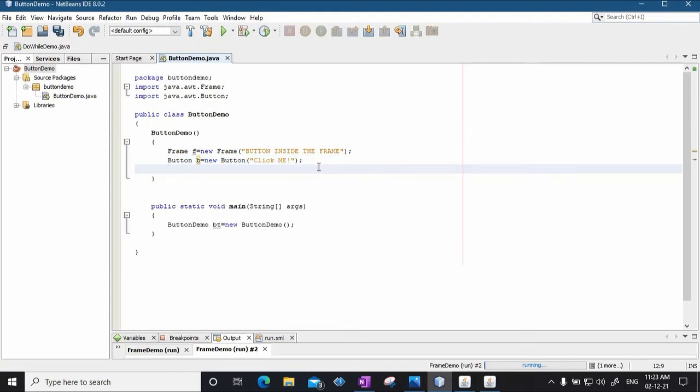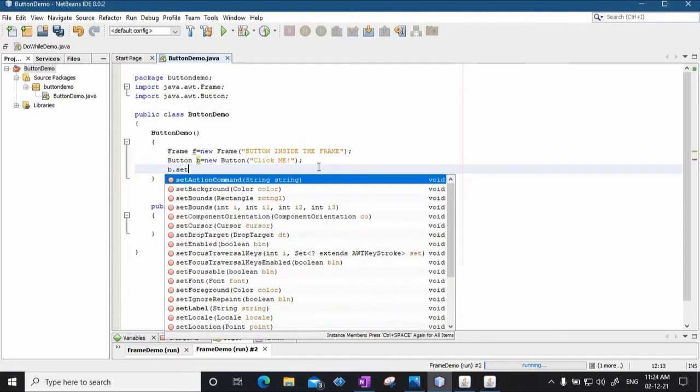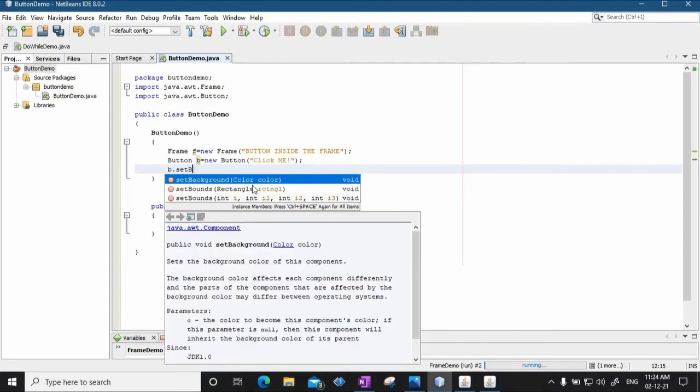Next, what are the bounds of this button? For that there is a method, as I told you, called setBounds. The setBounds method takes four parameters. It is almost the same as the rectangle drawRect method, so it takes the same parameters. So I'll say b.setBounds.